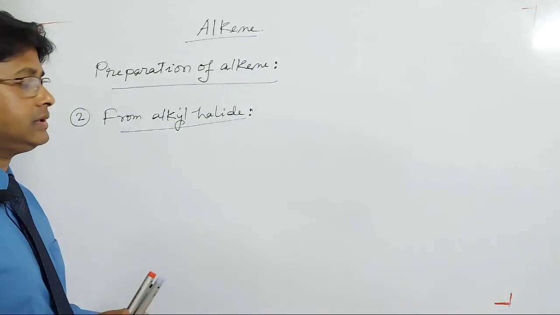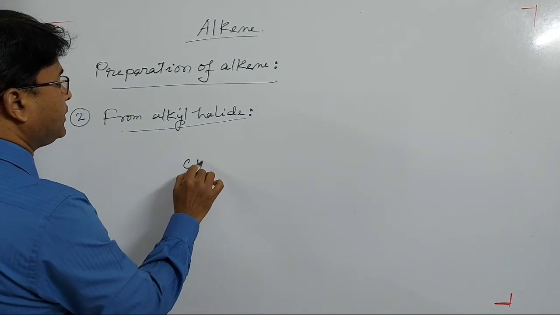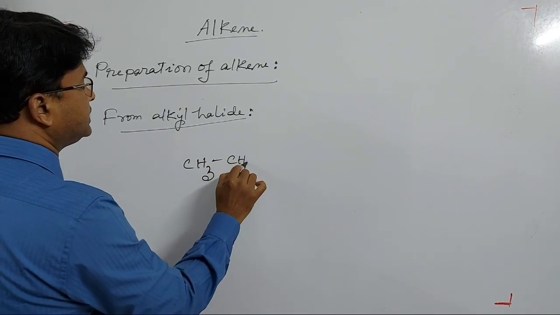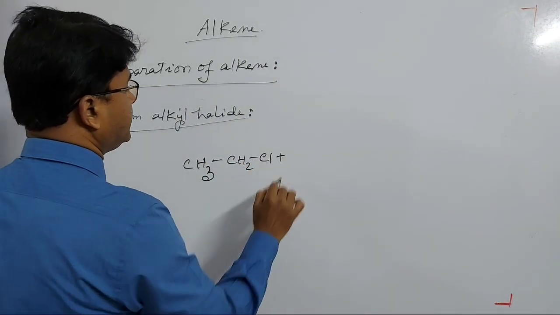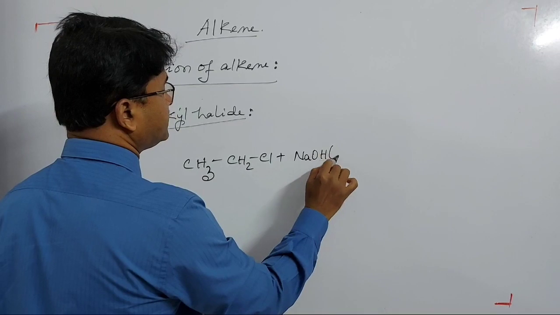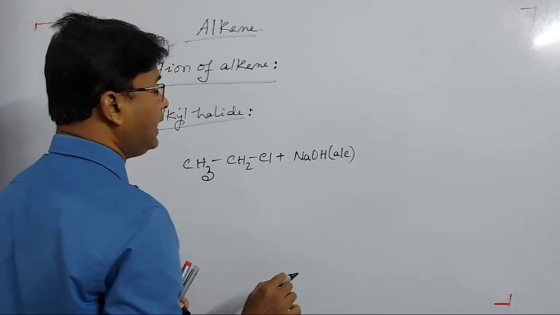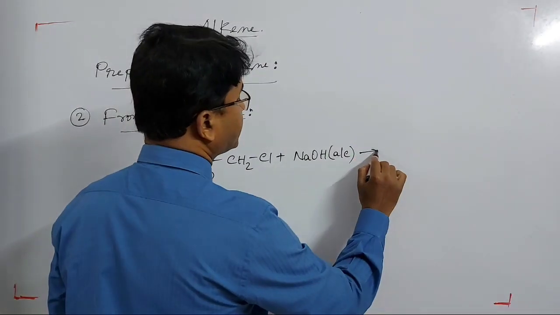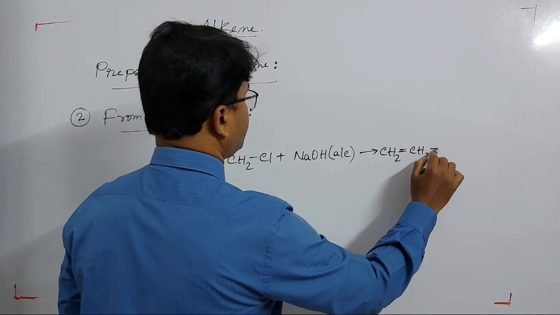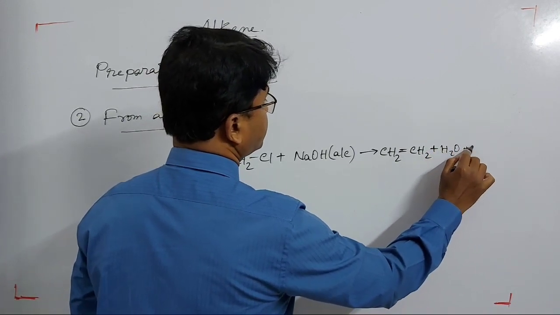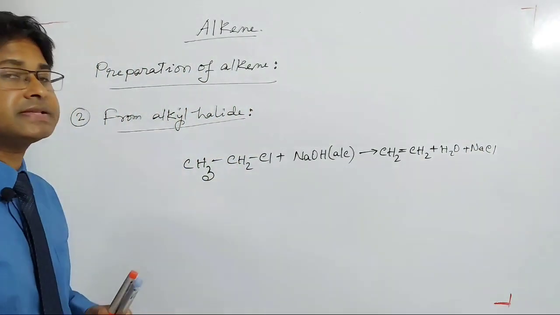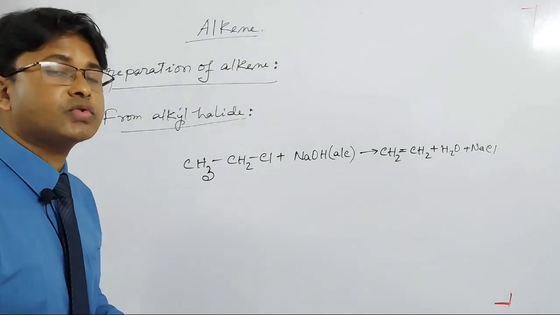From alkyl halide, if I write here an example of alkyl halide, suppose ethyl chloride. This is ethyl chloride, and ethyl chloride reacts with alcoholic sodium hydroxide. I mean, this sodium hydroxide is dissolved in the alcohol, then alkene is produced here. Actually, here the alkene is ethene, then water, then sodium chloride. Dear learners, I would like to display this reaction again with the partial structural formula to make